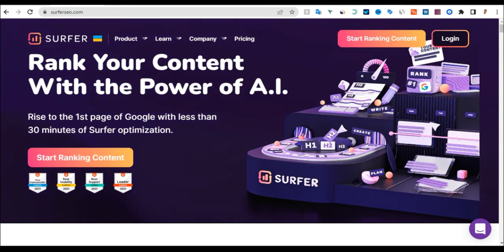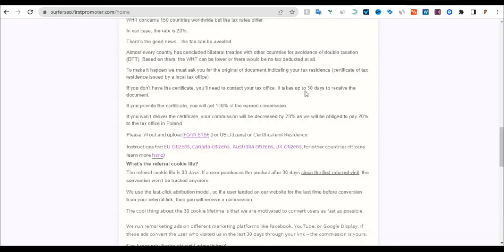And one thing I need to talk about, if you have opened your account, if you are applying on software SEO, what I like is that you can see it say what is the referral cookie life. You can see the referral cookie life is 30 days. If a user purchases the product after 30 days since the first referral visit, the conversion won't be tracked anymore. So if the person you refer to this program, for example, clicks on your affiliate link that software SEO gives to you, and they buy the product within 30 days from that same phone